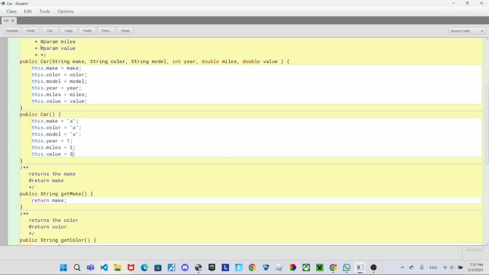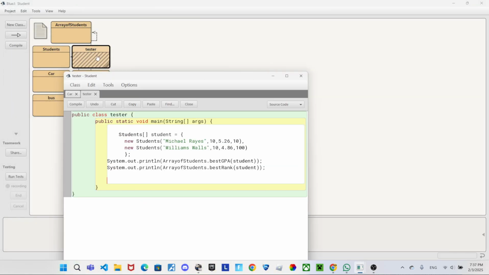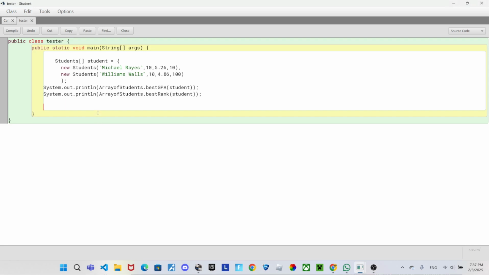So now if we go and compile this and then go into the tester, we can make a car equals new car,